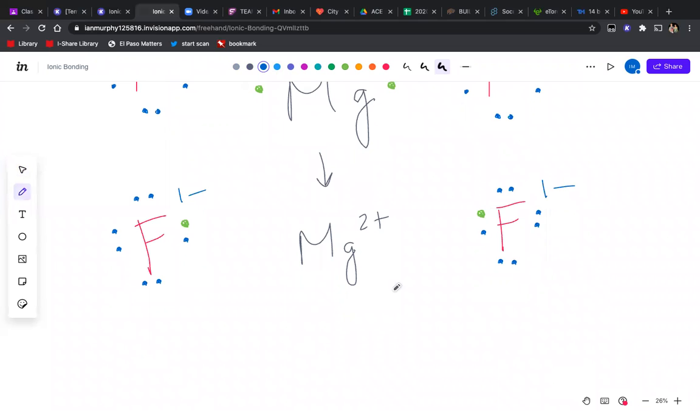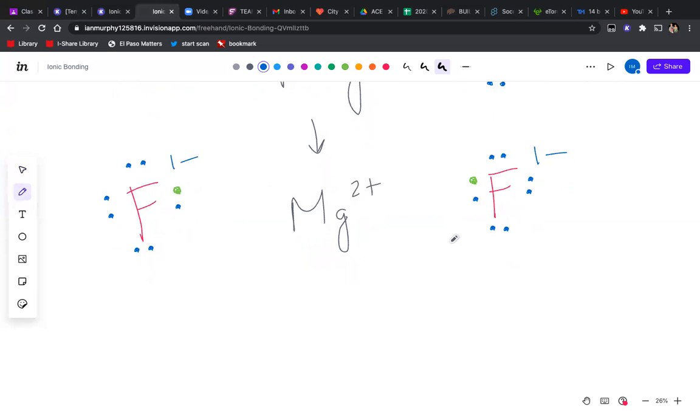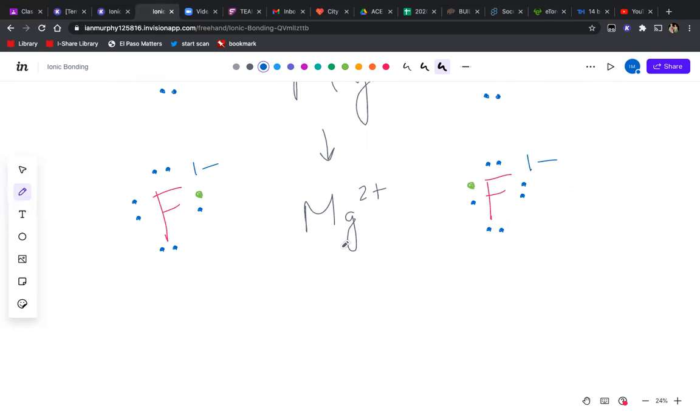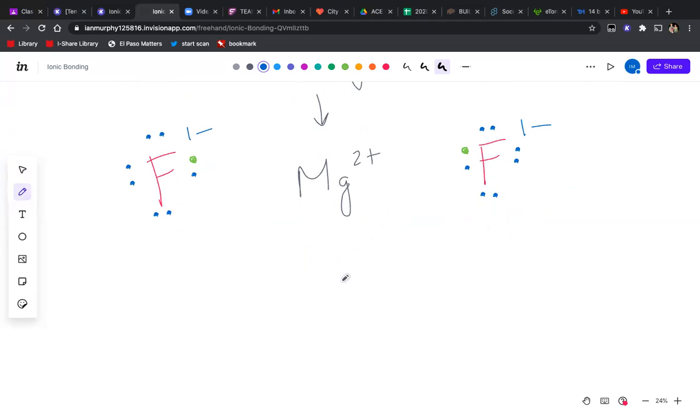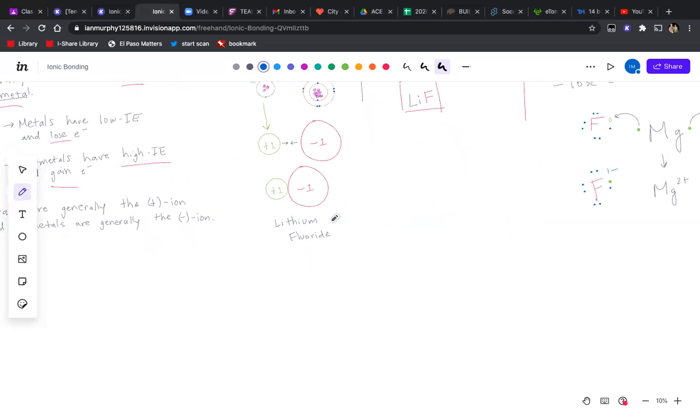Now, what did we learn from the table? We learned that we have to make sure that these charges balance out, and of course they do. -1 and -1 is -2. -2 plus +2 takes us to 0, right? So what's happening here is these guys are forming a bond, and they're forming another bond. And so the way that this is going to look, if we were to draw it out similar to how we did right here,